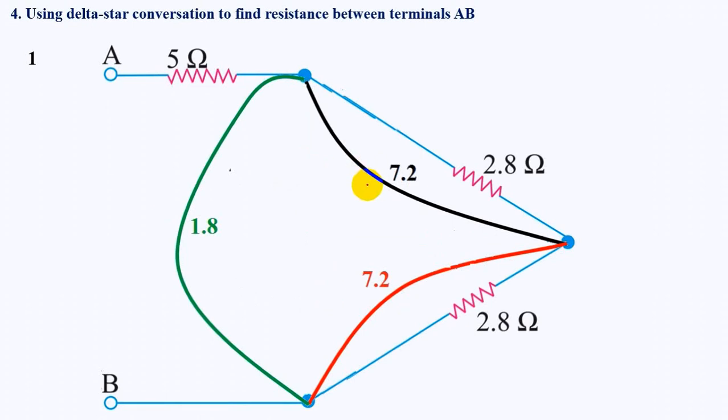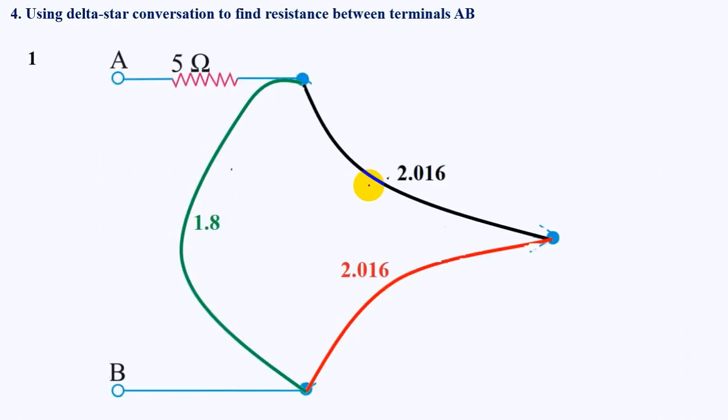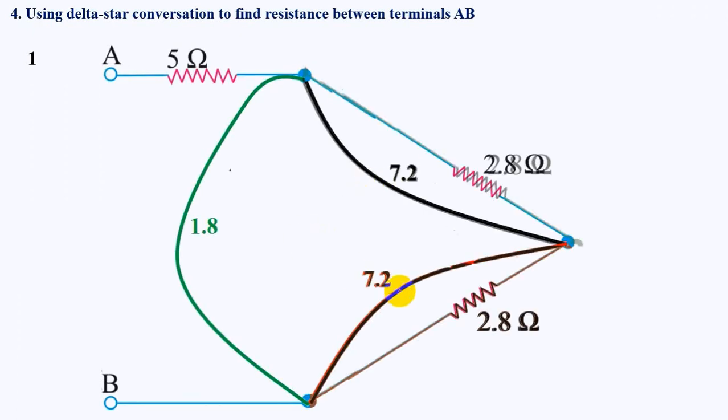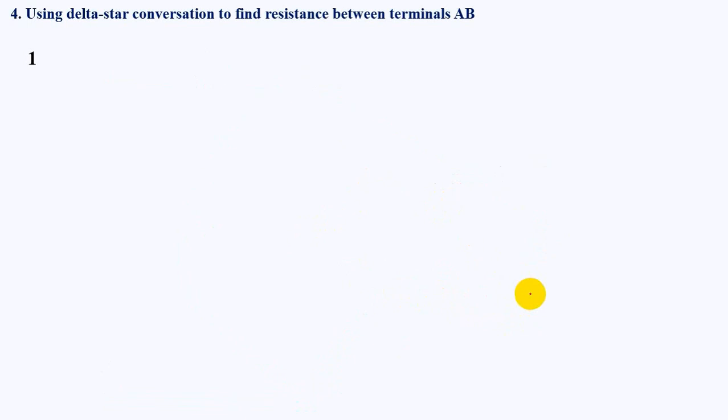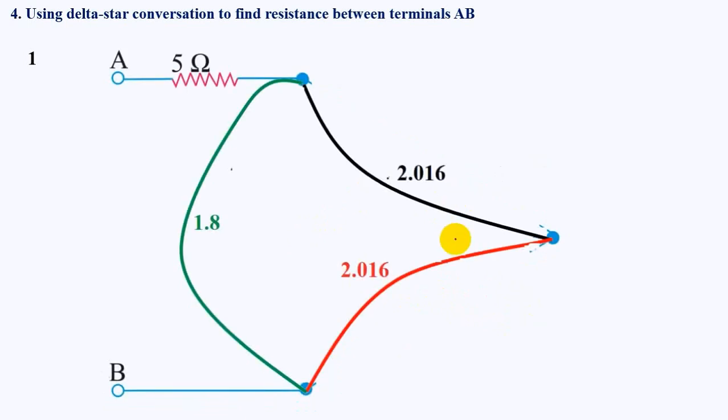So any element in series? No, none of the elements are in series. These two are in parallel, these two are in parallel. So let us reduce them. Since I can apply the concept of parallel, do not go to step 3 to check whether they are in star or delta, right? First apply whatever you have visualized. So when you're converting these two in parallel, this is its solution, right?